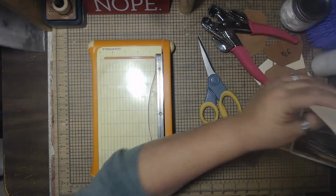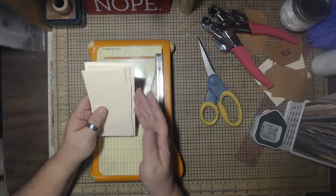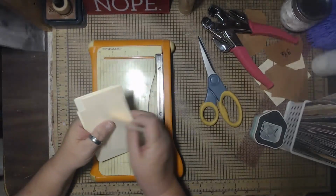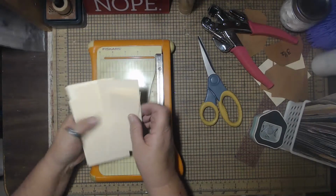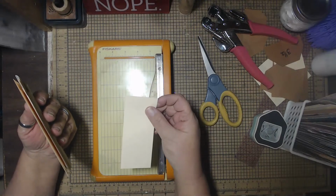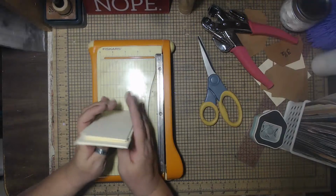We do the same thing with pieces of file folder. I always collect my pieces of file folder. If I have a piece that's bigger than 3.5 by 2.5, so if it's taller than 3.5 or wider than 2.5, that gets kept. This one may not be wider, but it's taller, so I'll keep it. These are perfect for